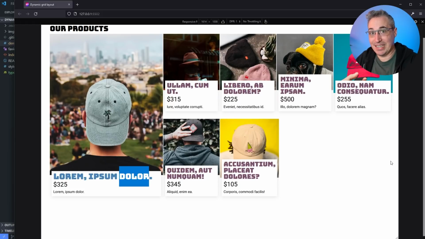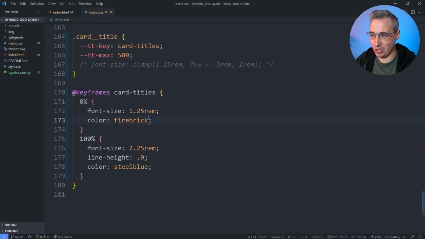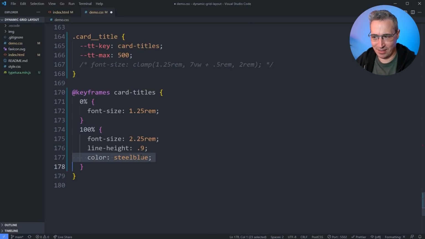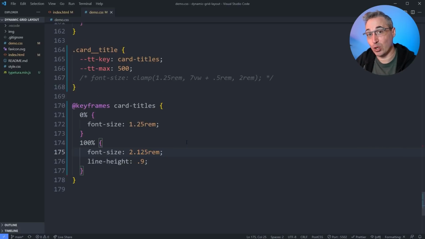So it becomes very related to the context of where that is living rather than the size of the viewport, which is just absolutely wonderful. And obviously, as I said, we wouldn't actually be coming in and changing the color, but I like showing that things are changing by seeing the colors shift and things like that. And I'm going to shrink that down a little bit because I think it's going to look a little bit